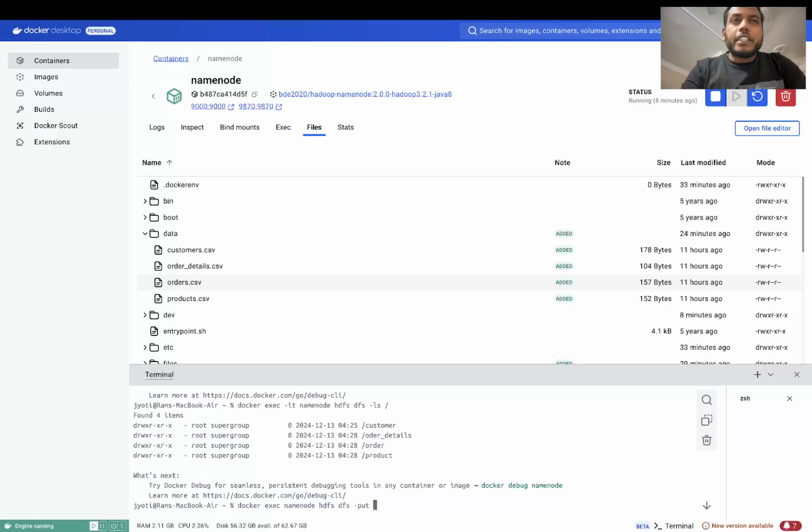So the first part is the path of the file in name node data directory, and the second one is the folder that we have created in HDFS, and that will be data because it's inside data folder, and then the file name is